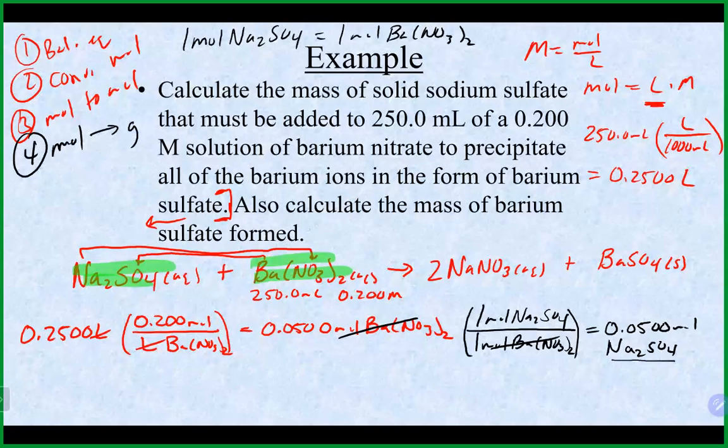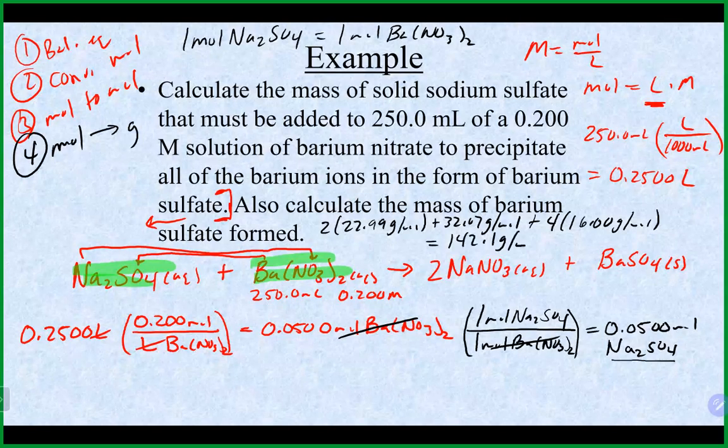So sodium sulfate would be 2 times 22.99 for the sodium, plus 32.07 for the sulfur, plus 4 times 16 for the oxygen. And that's going to give us about 142.1 grams per mole. So we'll do our last step here, which is to figure out how many grams we